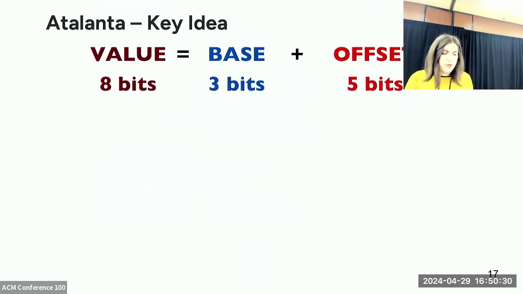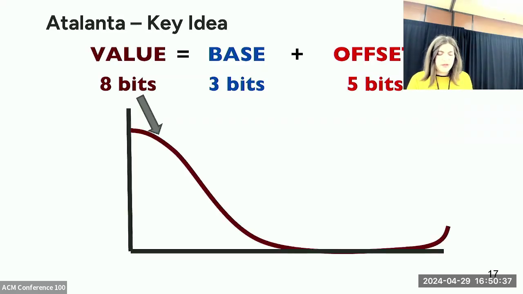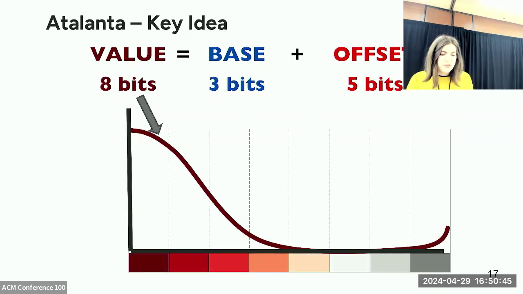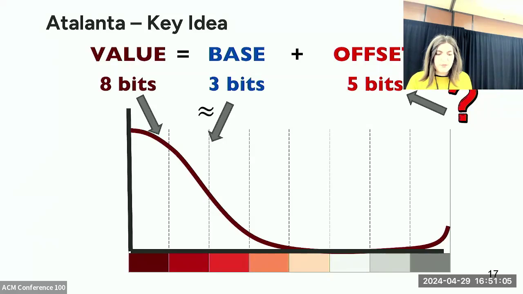Why does this work? Basically, if we have a certain value distribution like this, in the case of a weight tensor, arithmetic coding can make use of different frequencies and efficiently compress them. And if we divide it into 8 sub-ranges for a 3-bit base, the distribution of the bases will closely mirror the original data distribution. However, the offsets are left with at least 5 bits per value. So this is an issue that we need to address, and I will describe more details next.